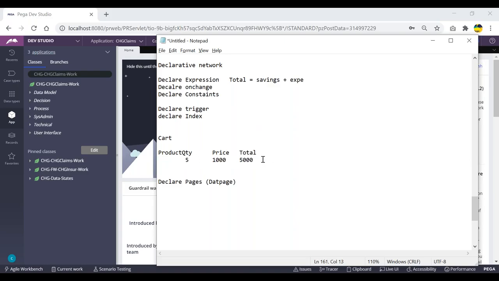Okay, so in this whole process, do we really require going for a declare expression? Can't we achieve the same using activities or any other rules? So we can do the same. We can achieve the same using activities also, or some other rules also. There is no need of going for declare expression from this perspective. Why? Because on change, I mean, whenever I change the value from 5 to 6, okay, this will